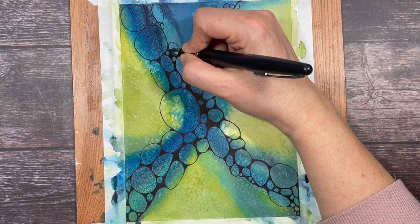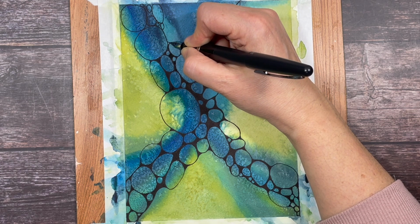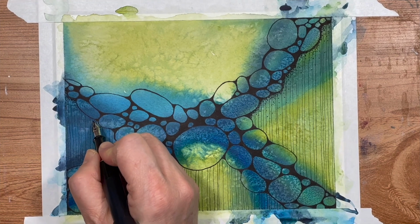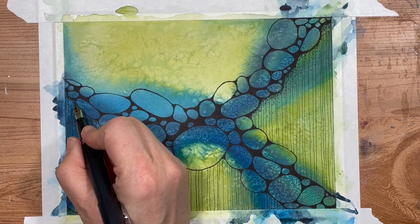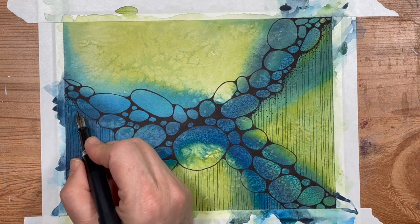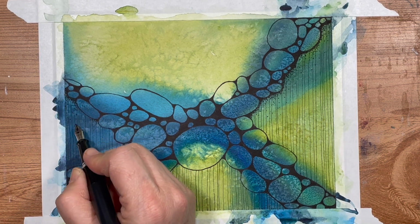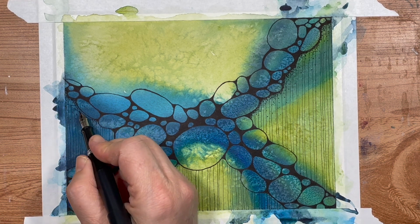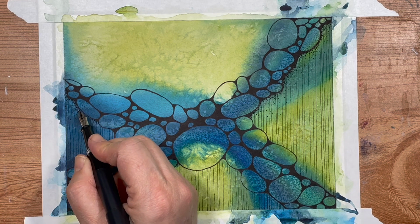Sometimes I get so caught up in what I'm doing that I lose track of time and lose track of what's going on with my camera. And in this case, that's what happened. I had stopped recording and forgot to hit record again before adding my lines. So I was working on the painting